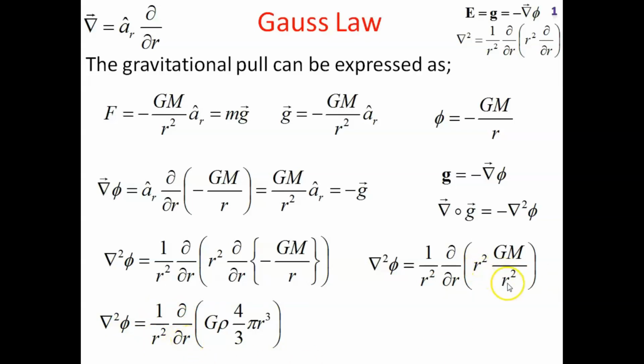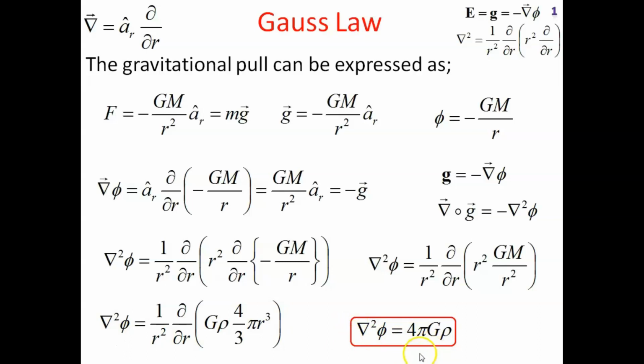So here r square is cancelled, and we should not treat m to be constant, in the sense that you can represent it in terms of density, and we prefer to say that density is constant and m is replaced by rho 4 by 3 pi r cube. Now the differentiation with respect to r is to be operated, and this offers us thrice r square, so 3 is cancelled. We are left with 4 pi G rho, and r square is cancelled with this r square, so we are left with del square phi equal to 4 pi G rho.